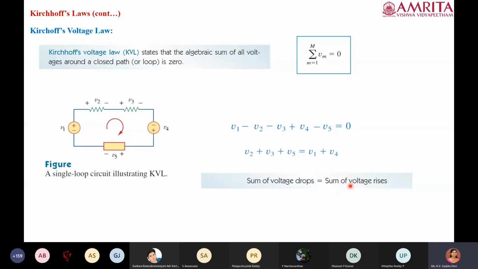So if we go from a negative potential to a positive potential, say for example, for this particular circuit, we are going in the clockwise direction. So in that case, for V1, we are going from minus to plus, so there is a rise in potential. Whereas for the second element, we are going from plus to minus, so there is a drop in the potential. Okay. And for a complete circuit, the sum of voltage drop will always be equal to the sum of voltage rises, as given in the previous equation. So for a circuit, this particular thing will always be satisfied, or it will be balanced.